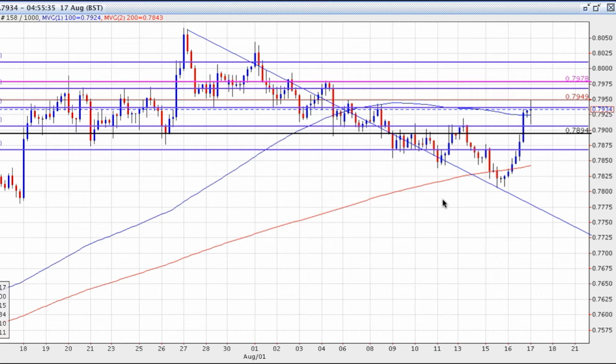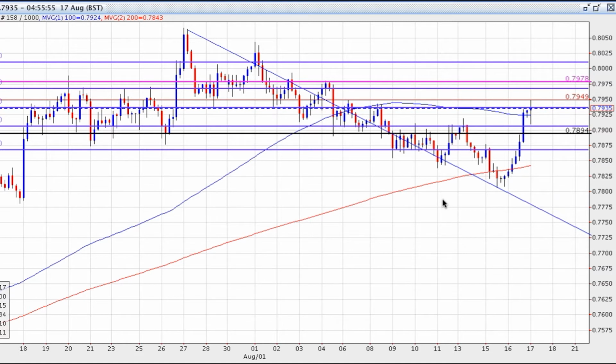Today I'll be looking at the Australian dollar against the US dollar. I'll be discussing its recent trading history, and I'll also be identifying the key technical levels that you need to know going forward. So we've seen the Australian dollar move sharply higher against the US dollar after the release of